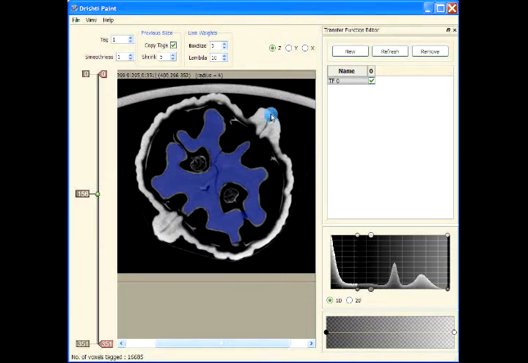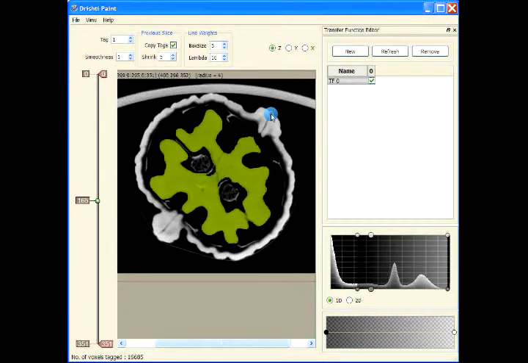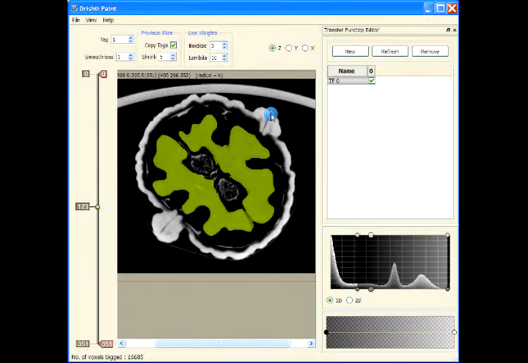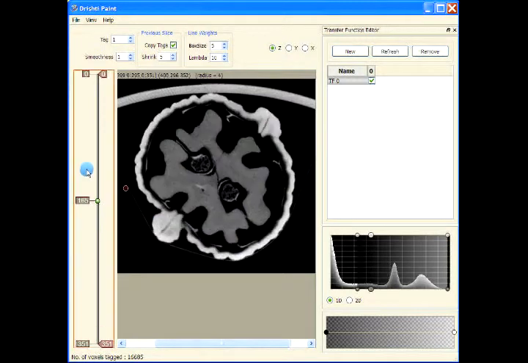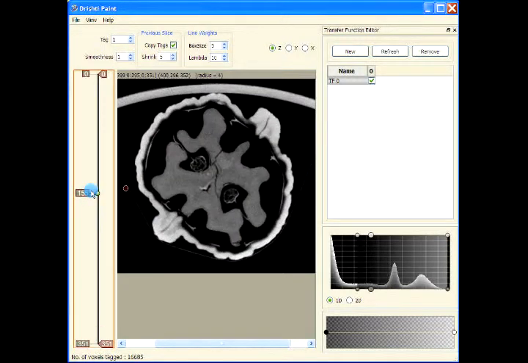Okay, let's reset that again. Next slice, reset, and so on. So all the slices have been reset. Now we can reduce our task even further. Now what we have done is we